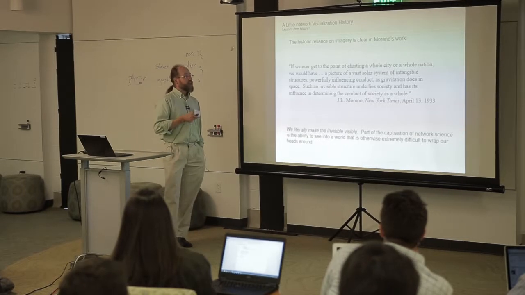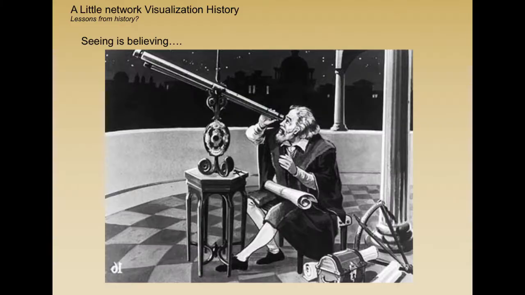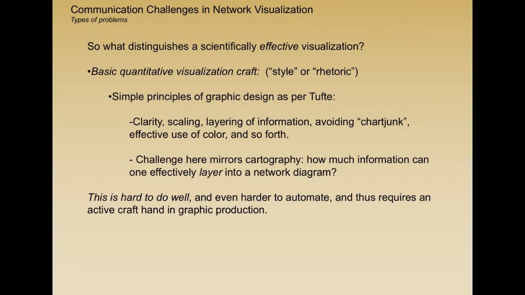And so if we literally want to get to the point of where we make the invisible thing visible, we need a telescope. We need some way to see it. And so if seeing is believing, then we'd like to have, kind of like Galileo, our favorite little telescope. But the problem is that the way you look at things really depends on what you see. There are a lot of visual tricks, whether you see a young woman or an old woman, whether you see the water moving up or down, for example, a classic bit. And so what we need are some guidelines for how you do visualizations to try to get rid of some of those visualization problems and do it nicely.